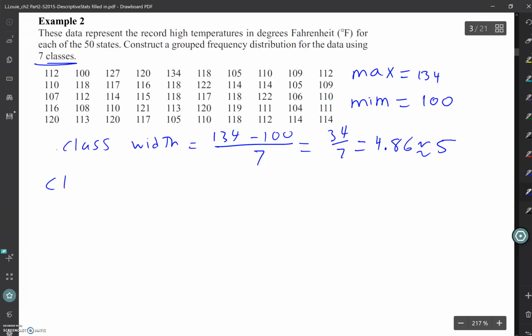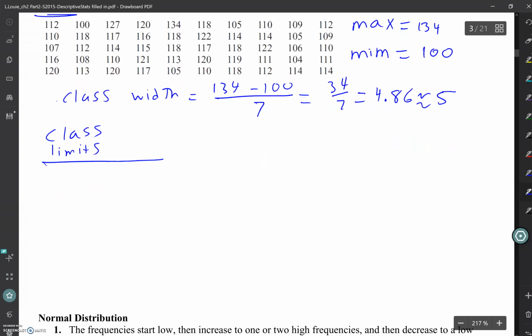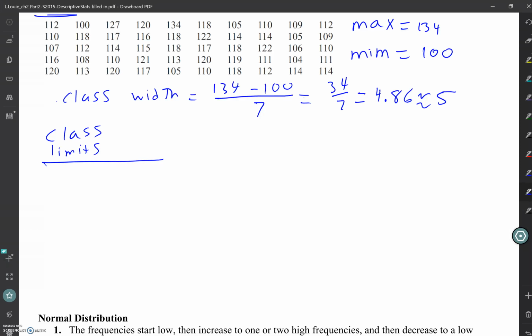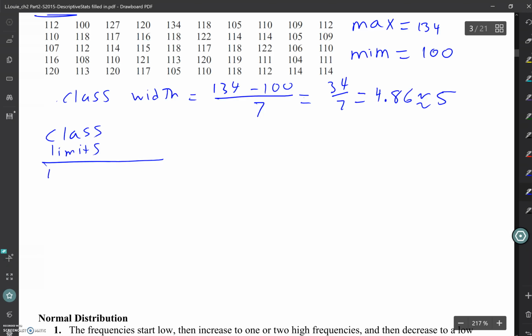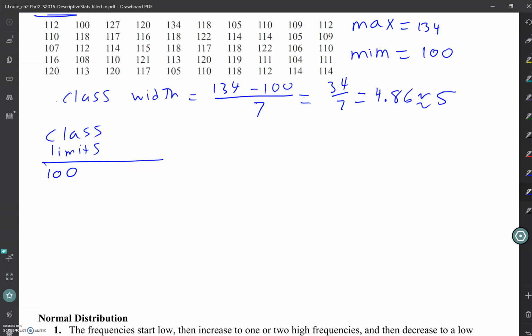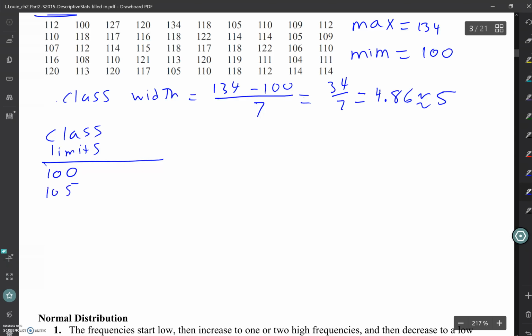All right, so then I need to build my class limits. And we're going to have a lower and an upper. Now, we already decided that our minimum data point is 100. So there's really no point in starting below 100 because that's the lowest we can get. Then my next lower limit is a distance of 5 away. So you're going to add your class width to get your next class limit. So we've got 105,